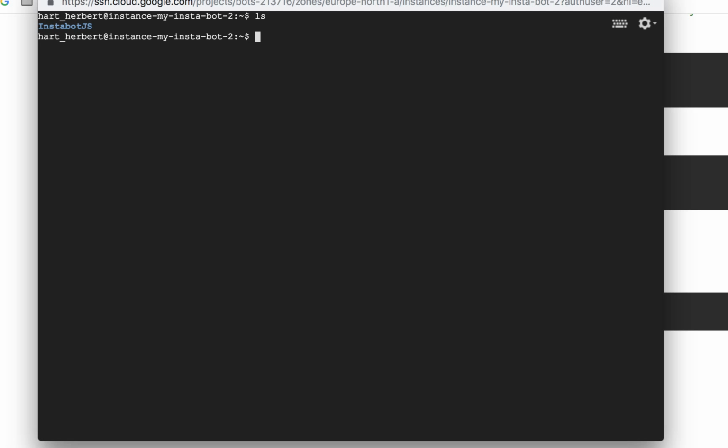And now we see we have a directory called instabot.js. That's the same name as the repository. Okay, now we can go into the repository and change some things. But to keep things simple, I'm just going to show you how to set up the bot and run it forever. Okay, so we need to change the directory and go to